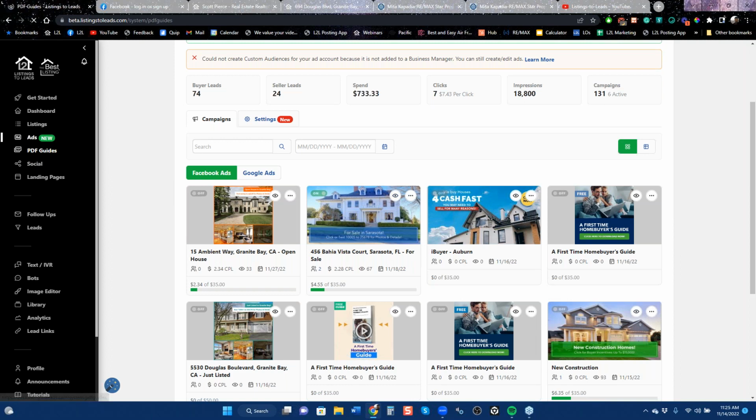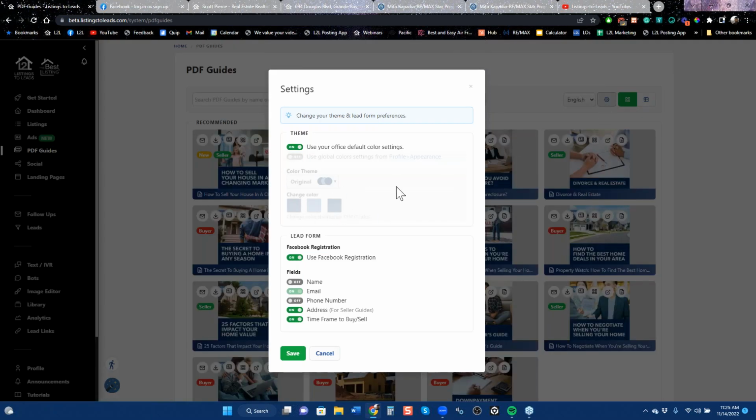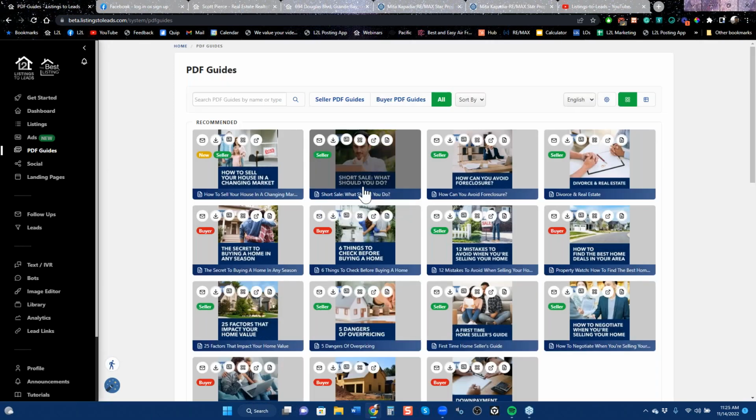So if you go over here to PDF guides, you'll notice we have 80 PDF guides. And I know somebody asked about branding and logo. You can change that from your appearance, add your logo, and this is going to show what's going on from your profile, right? Your logo is on every page of these, and your color scheme will also flow through there. And then from here, you can download it. A lot of our clients like to download this and leave it as a leave behind at a house. You can also run ads,